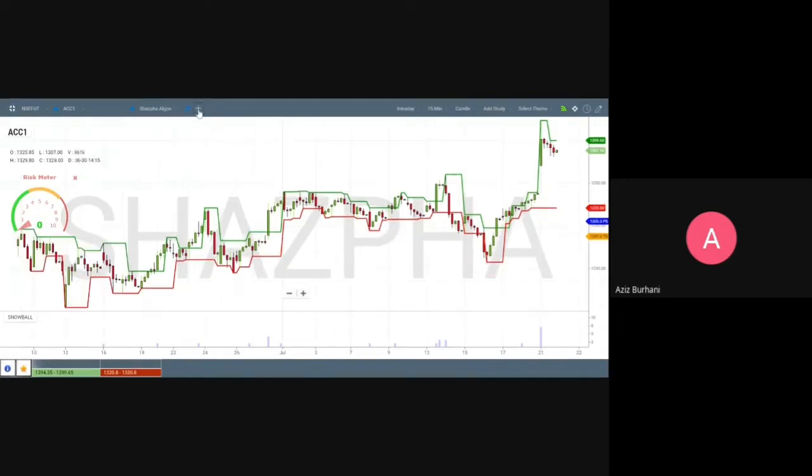I think the batch is running on the server. That's why it's a bit slow here, because I did it in the afternoon. It was a cakewalk when I did it in the afternoon. So you just click here, you add to watch list. You can name the watch list whatever you want, and it should be done. I'll just try to do it, even if it takes a few minutes.